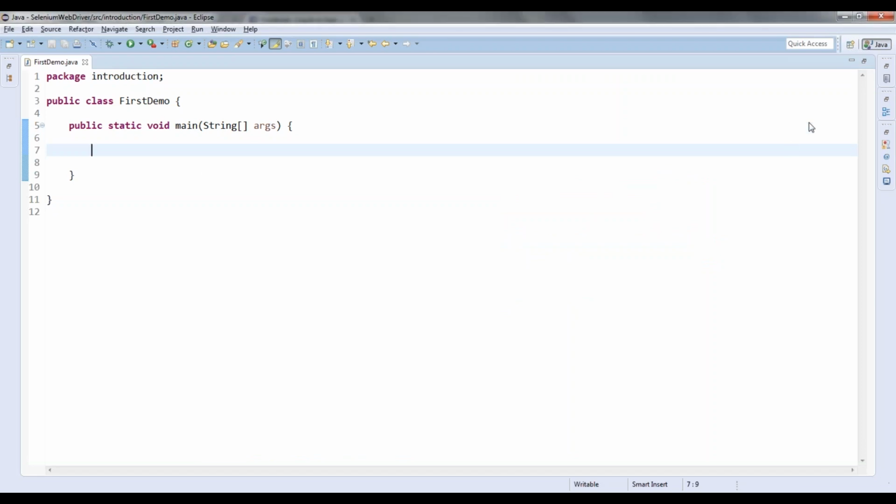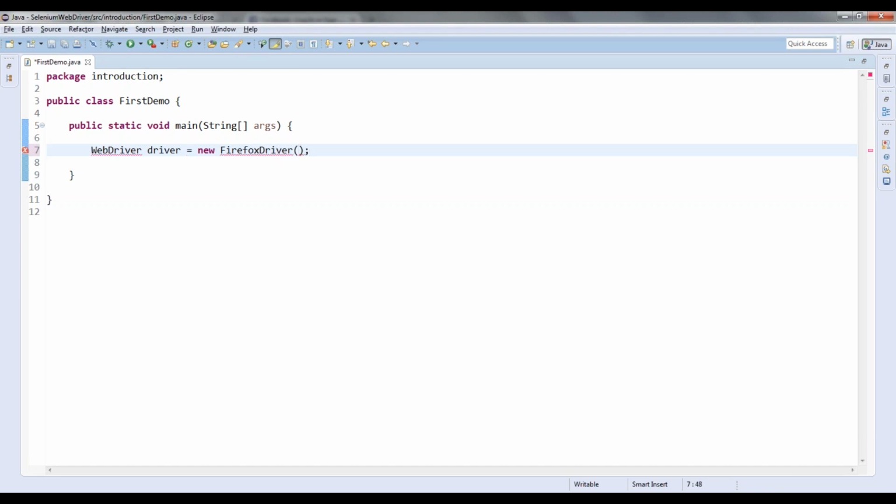If you need the control of the keyboard, I will give you the control. You can type yourself so that we will understand. Not a problem, I will explain. WebDriver driver is equal to new FirefoxDriver.